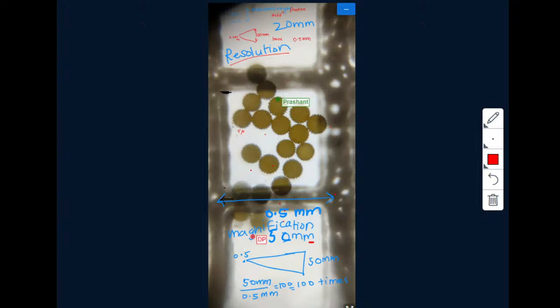So I have a question, Rafiq, like this is becoming important, the resolution is becoming important because we are